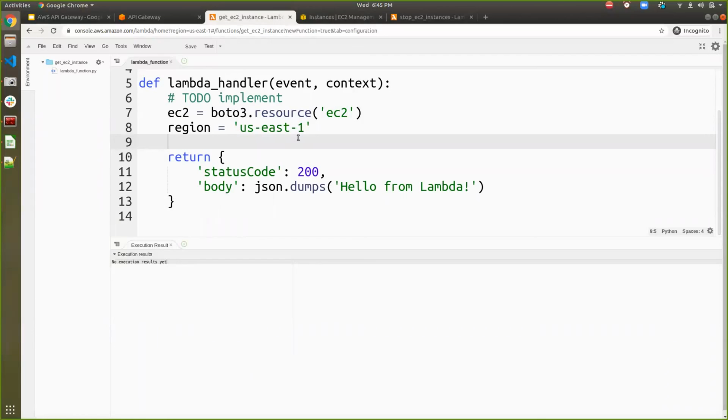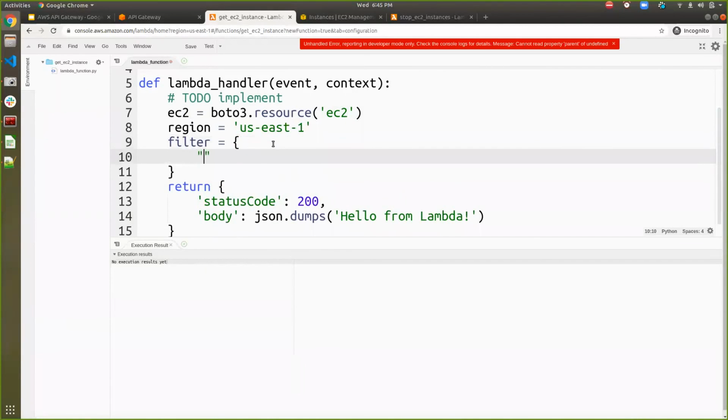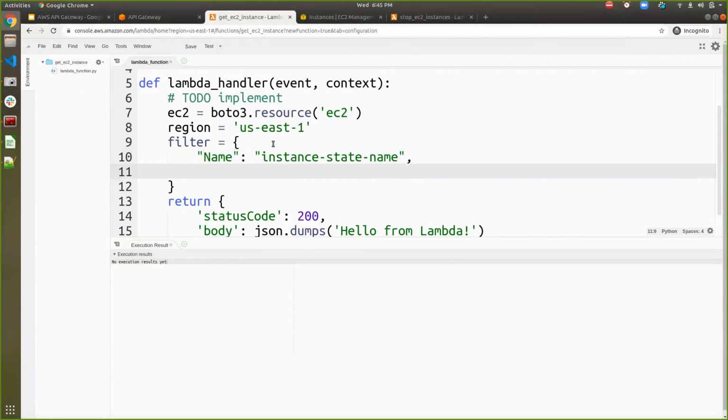For doing that, I'm going to write a filter, and inside that I specify the name, the instance state name, and the value, because I want to return only the running instances.